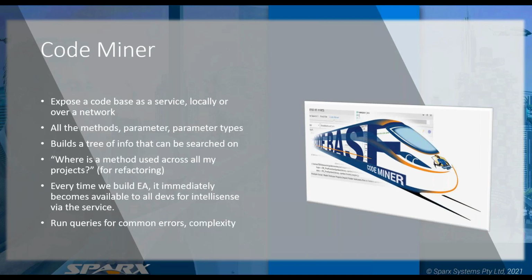Other things we use it for is to run queries to check for complexity. If we have a set of rules that we know form complex sets of code, and we know that that code takes longer than normal to run, then we can have patterns and identify those areas and try and work them out before putting them into the code base. So all these tools are designed to help keep the development of EA and EA itself running snappy.